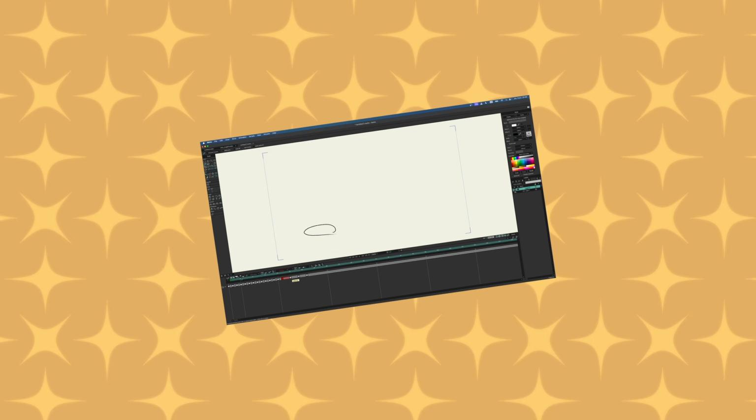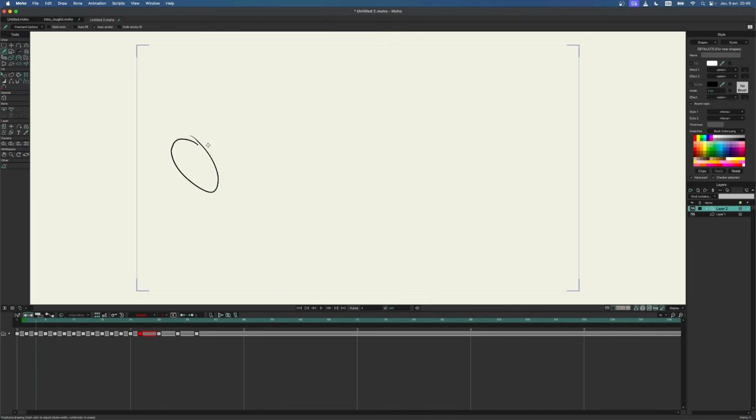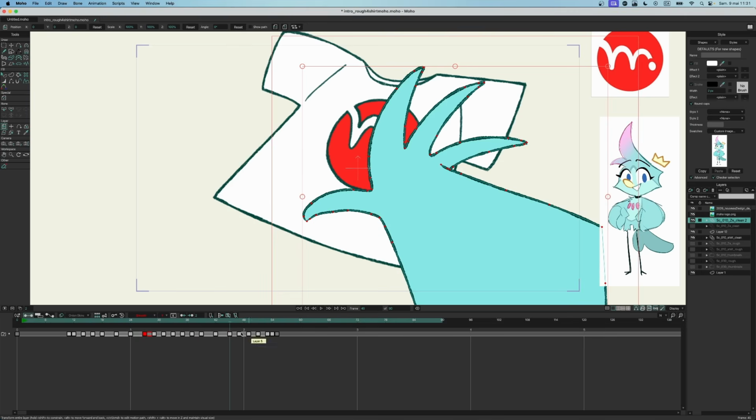Know that it is not like in Harmony. If this is my drawing number 1, and I take it and copy and paste it somewhere, these are now 2 drawings. So if I mess up this one, it doesn't mess up the first one. Unlike in Harmony, the drawings are not linked by default, but there is a way to make them link together. It's just not something I want to get into today, but there is a way, so don't worry about it.